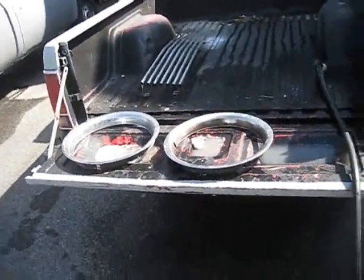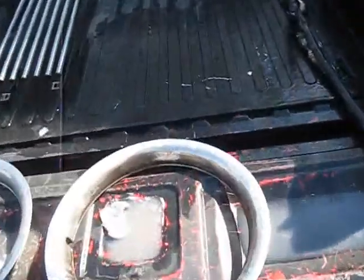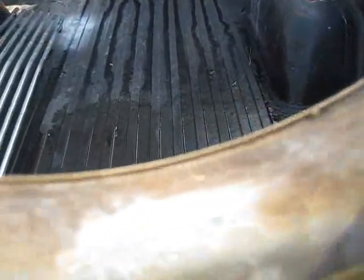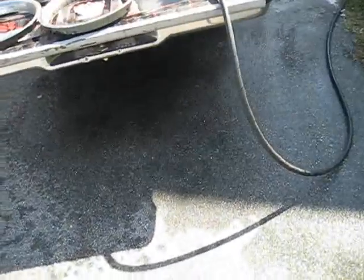Okay, now here's the deal. These rings came off of Chevrolet Rallies. Didn't get the whole rim, didn't want the whole rim. But can you see this? See how ragged that looks? These are genuine Chevrolet Rally rings. If you went to the Chevrolet place and just bought the rings, a set might run you anywhere from $50